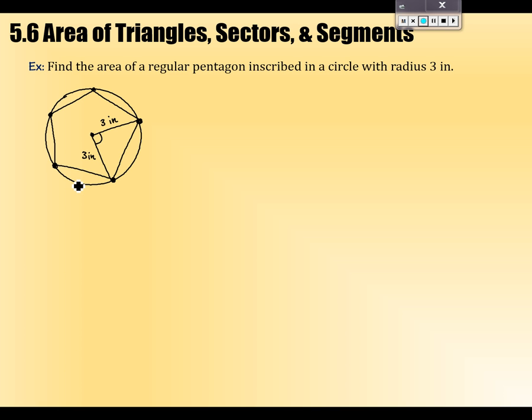Did you come up with it? Yeah, and maybe you just know that you could divide 360 by 5, or maybe you just know off the top of your head because you're like a pentagon master that it has 72 degrees. Okay. The interior angles of a pentagon are 108, because I happen to know that, right? Maybe you just know that. And then the area of the triangle is